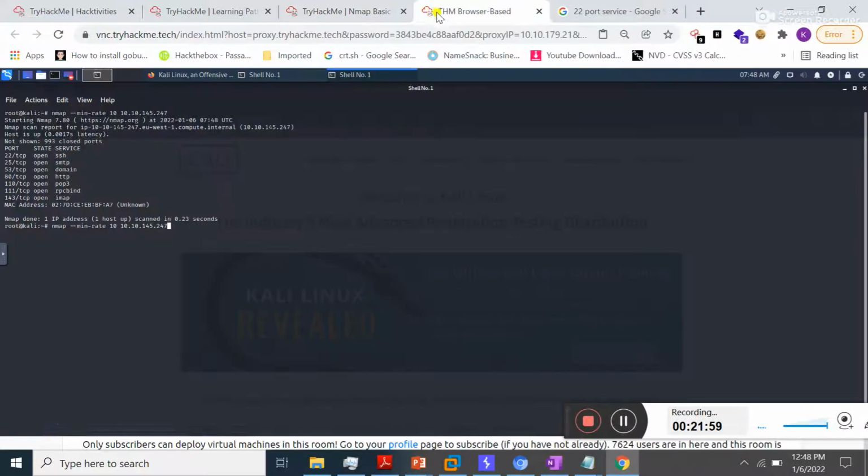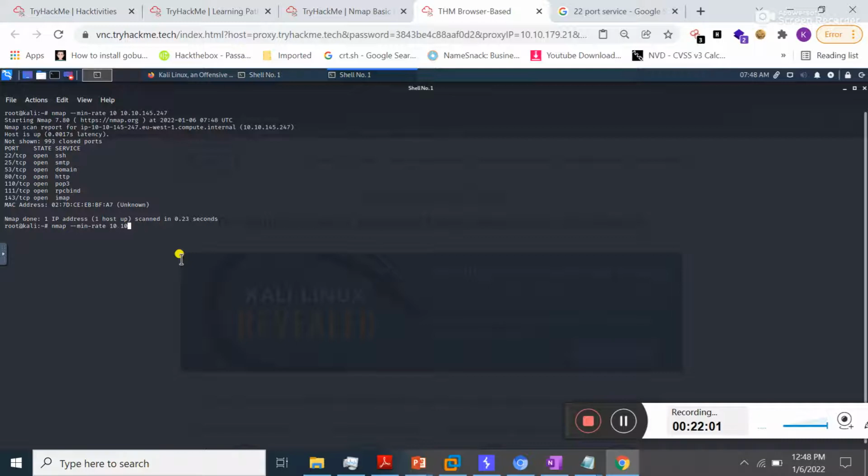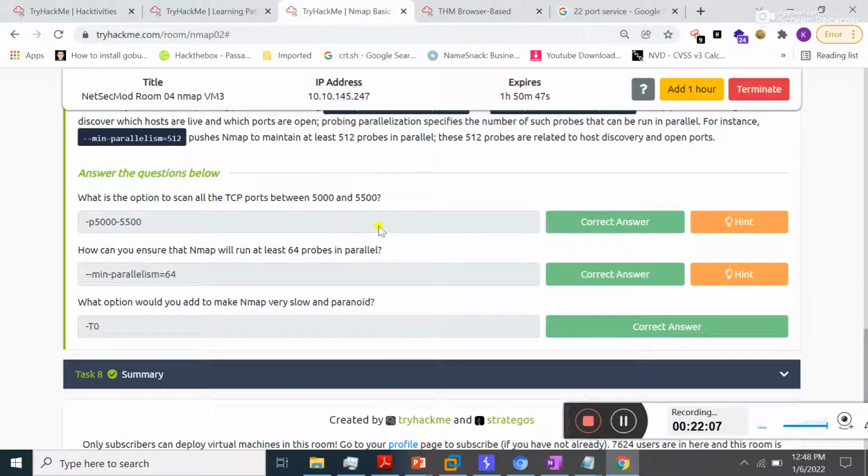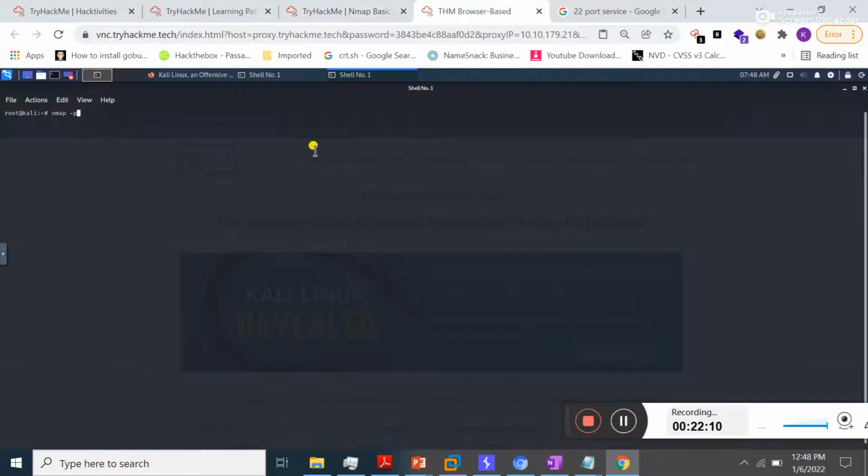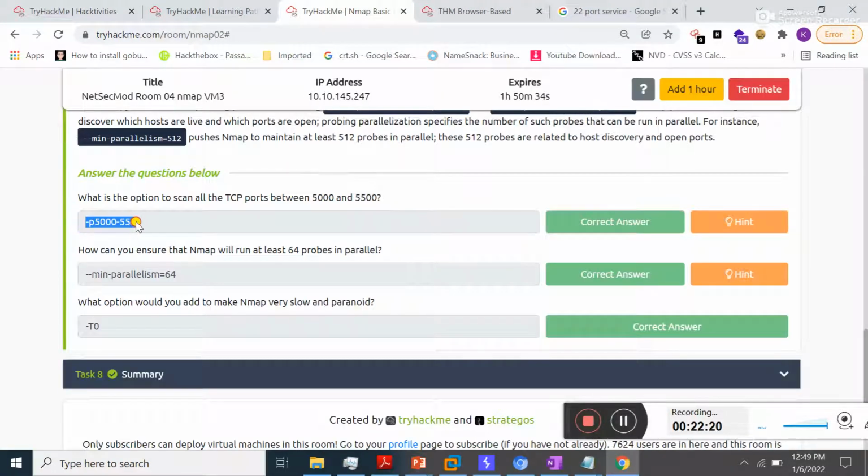As I told you earlier, you can specify the port range in Nmap. If I type nmap -p and your initial port number is 5000, then you should use a hyphen and then 5500 and then the target IP address. So the answer to this question is -p 5000-5500.